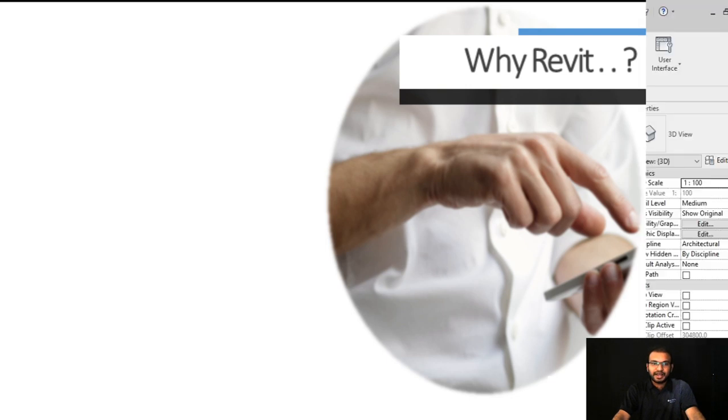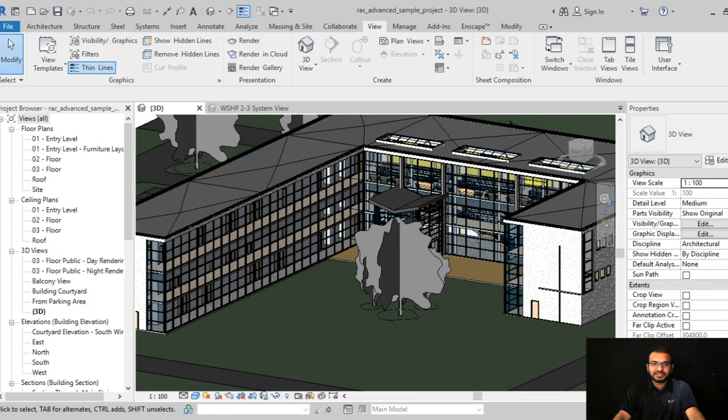Now if you can see my screen, I hope you all can see my Revit, right? Yes. Okay, so this is just a sample interface of Revit. Sample interface means whatever model you are preparing is what you are seeing there. And now I am taking you to an architectural model.